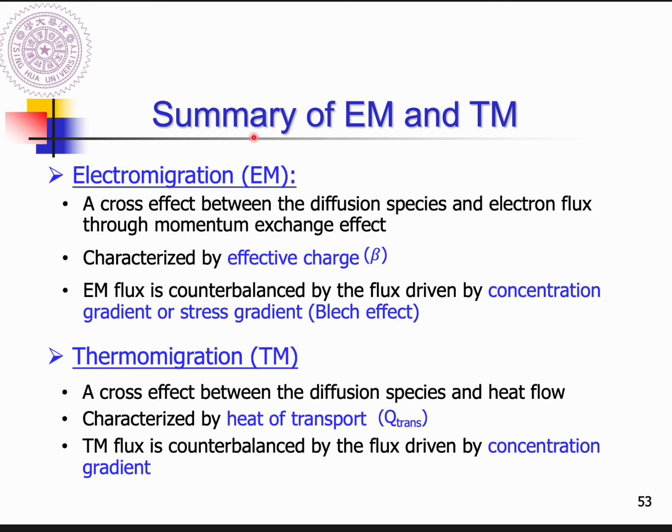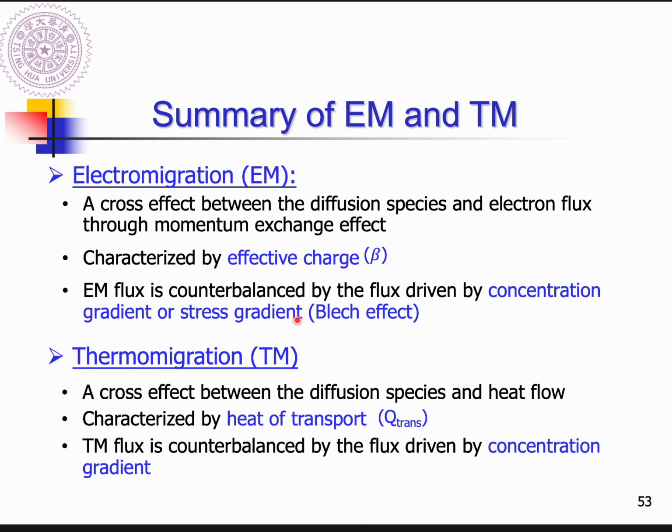So let's give you a summary of electron migration and thermal migration. For electron migration, there's a cross effect between the diffusing atoms and the electrons flowing through, through the momentum exchange effect. And we use the effective charge to describe the direction and the amount of atomic flux induced by electron flow. And the electron migration flux can be counterbalanced by the flux driven by the concentration gradient or